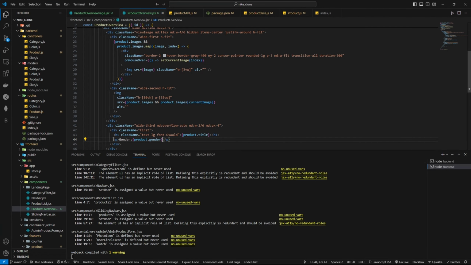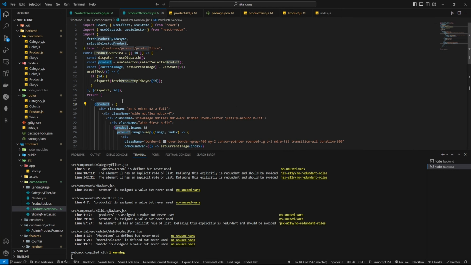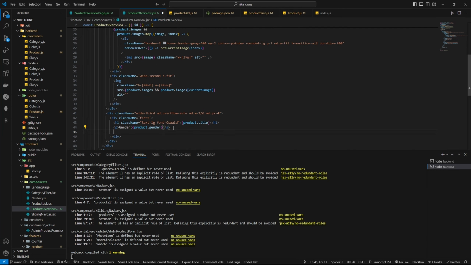Here it is. But here we are going to check that if the gender is there, then only we want the gender to show here. So actually we have the product, so we don't need to set any of these parameters. Okay, and along with that, for the kids also,